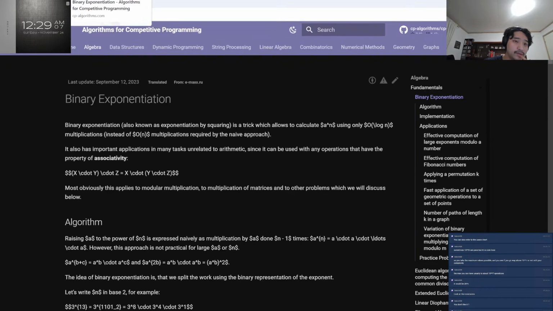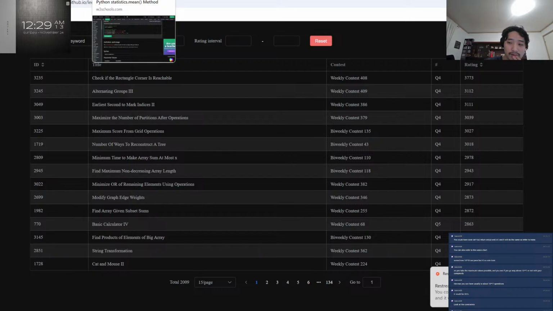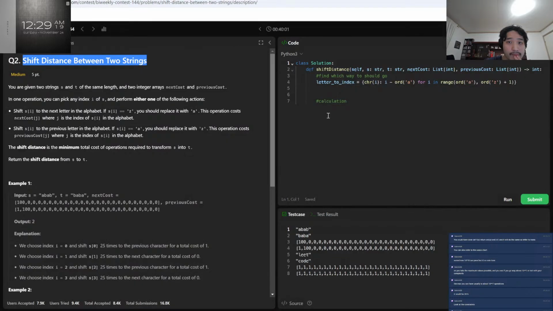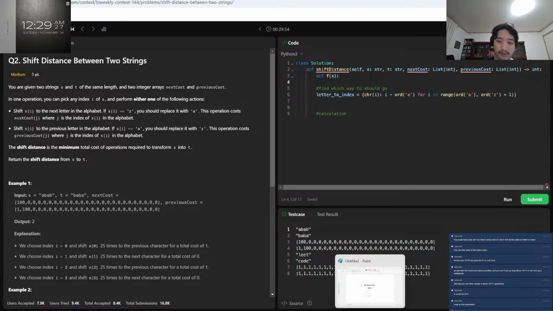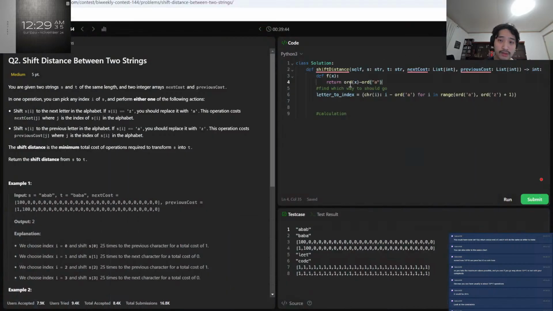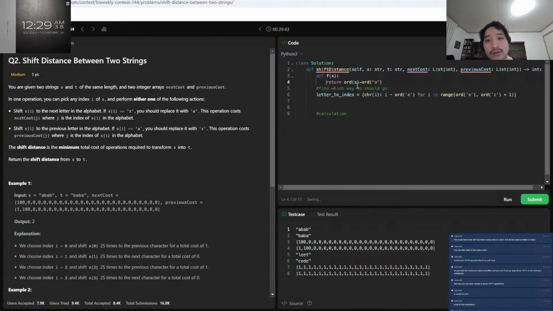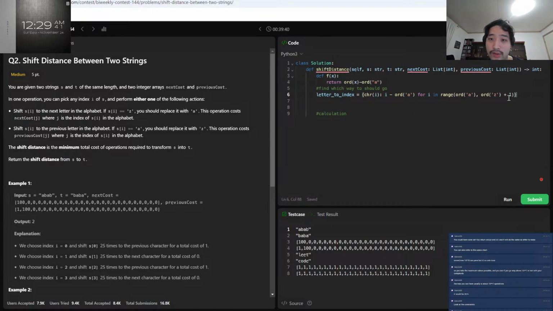Here's the ES call. I think I will. This was Solaris 428. You could have done def f(x): return ord(x) - ord('a'), and it will do the same as letter to index. Oh, that's so much better. Yeah, I see you use it a lot. I've seen you use that specific calculation multiple times.